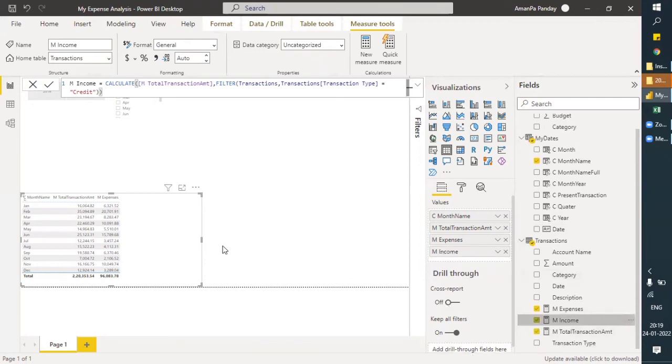I'll just drag it here. And yeah, so this was my income and this was my expense.